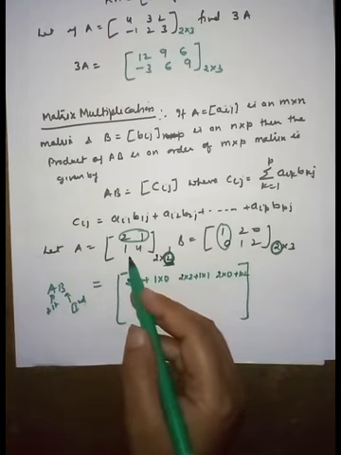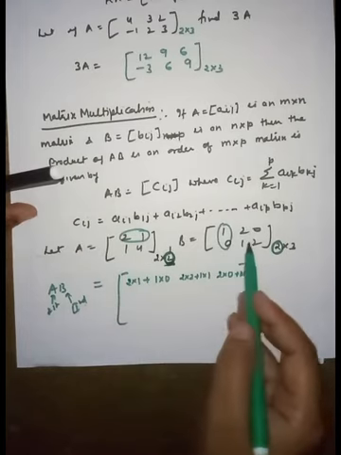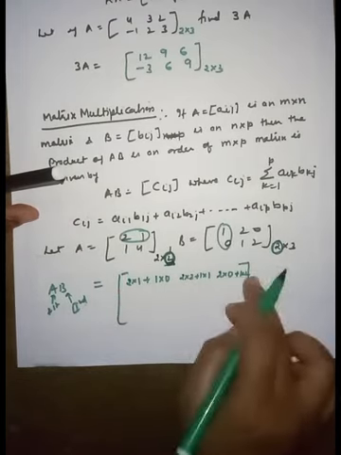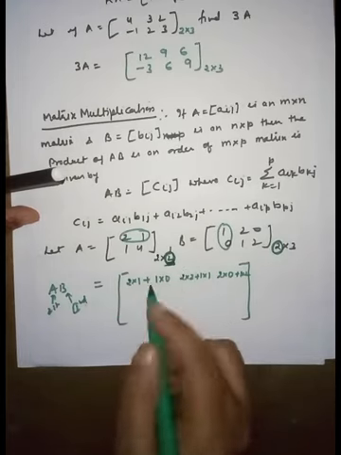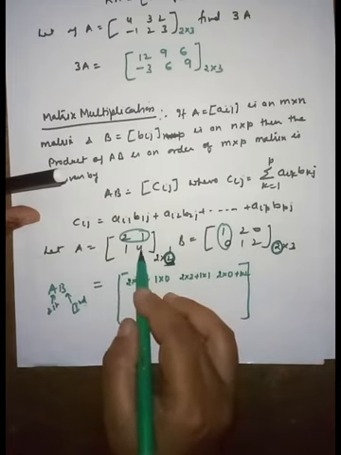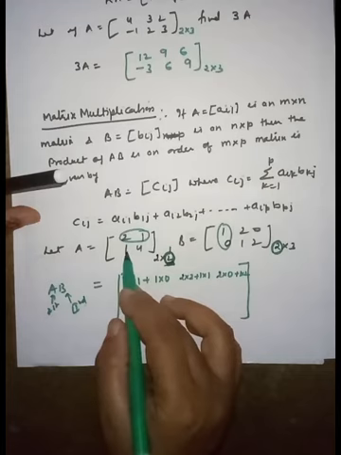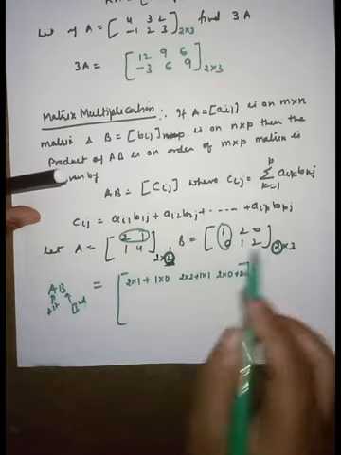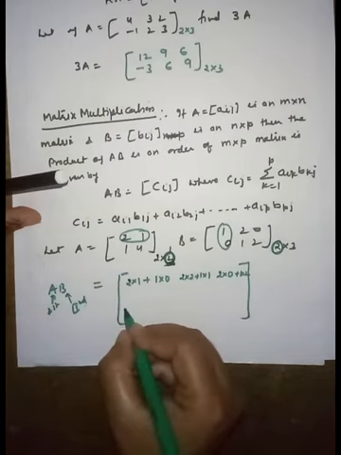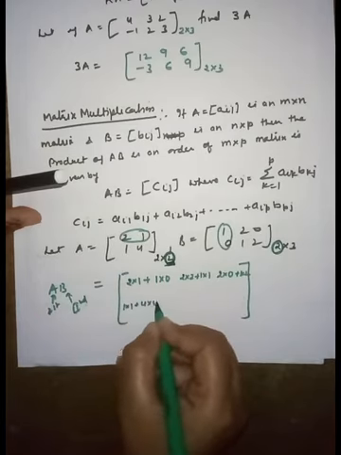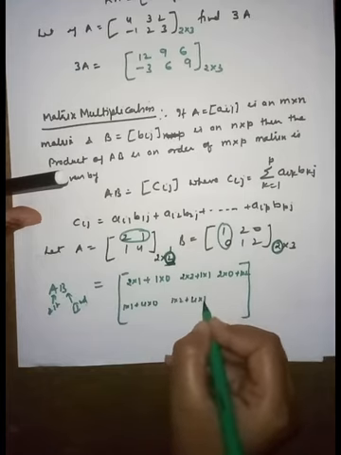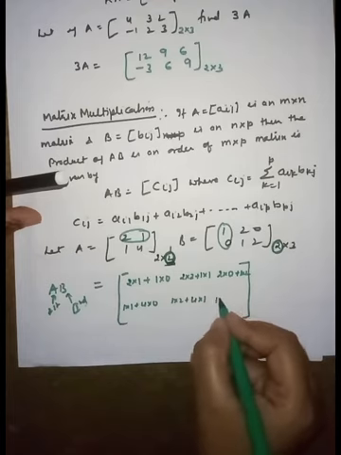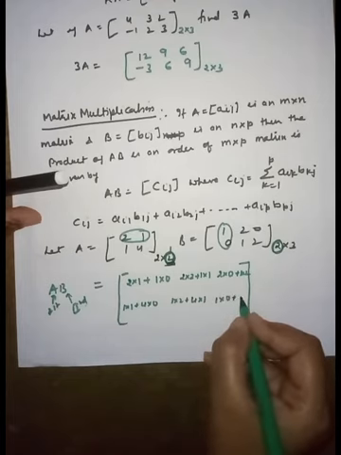Now again repeat the process and you find the AB first row, right? Now similarly take the second row and multiply it by the first column of the second matrix. So here we find 1 cross 1 plus 4 cross 0, and now the next element is 1 cross 2 plus 4 cross 1. Now the next one is 1 cross 0 plus 4 cross 2.